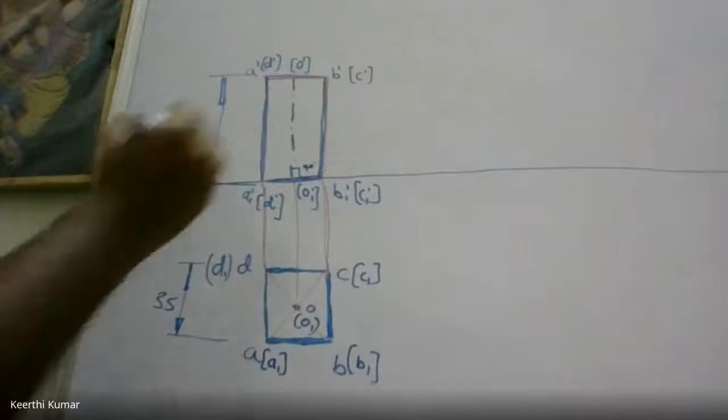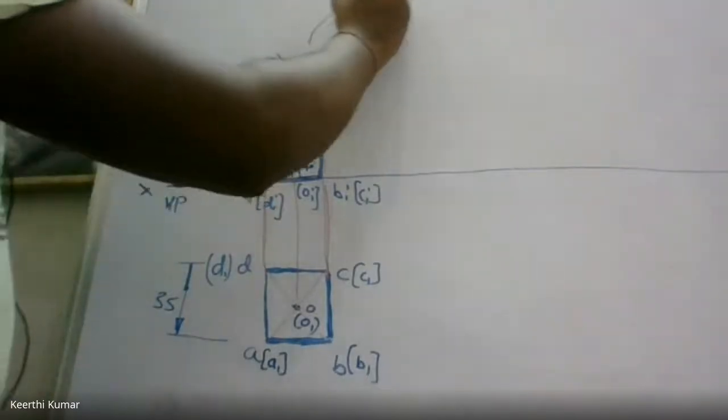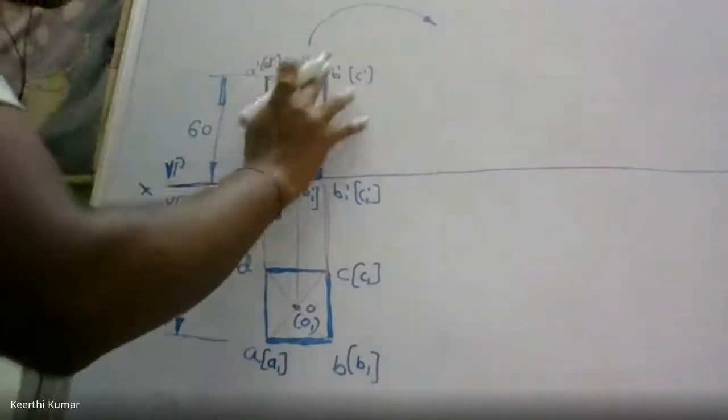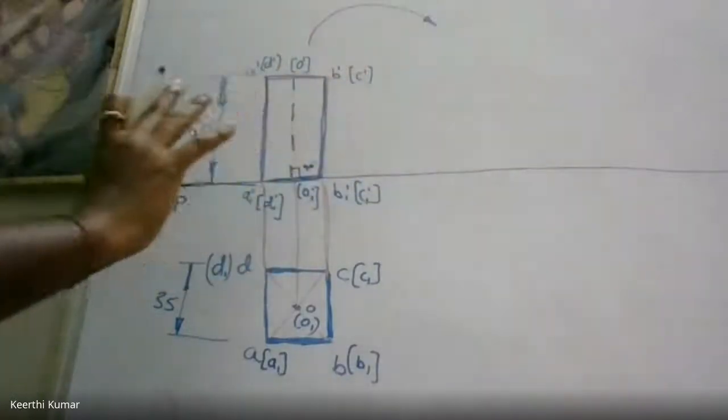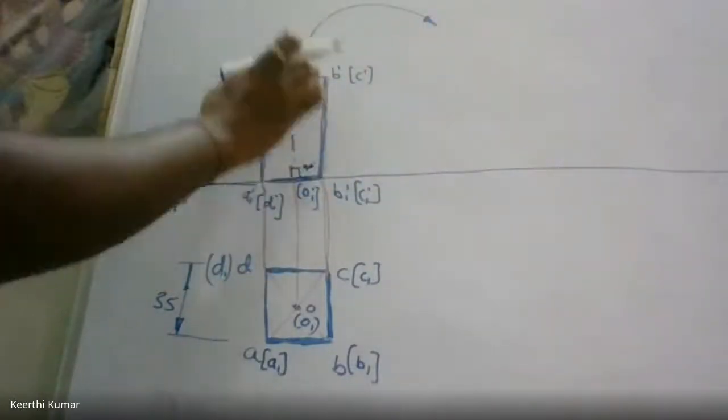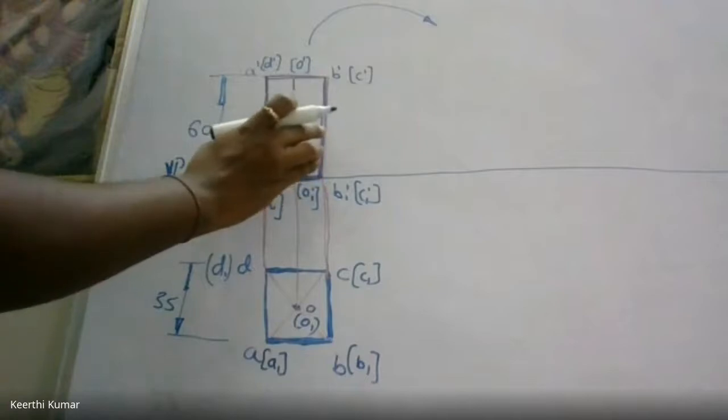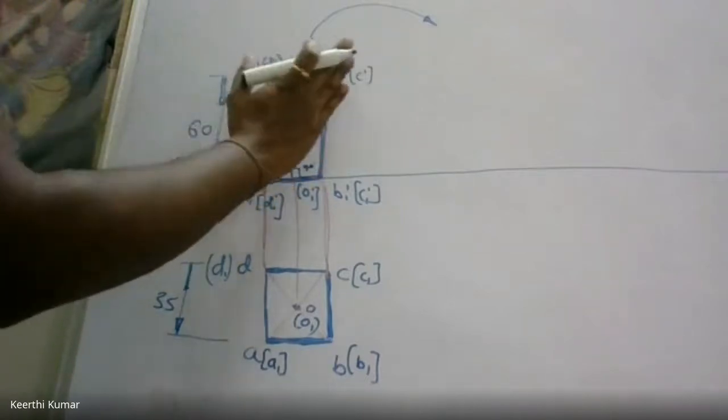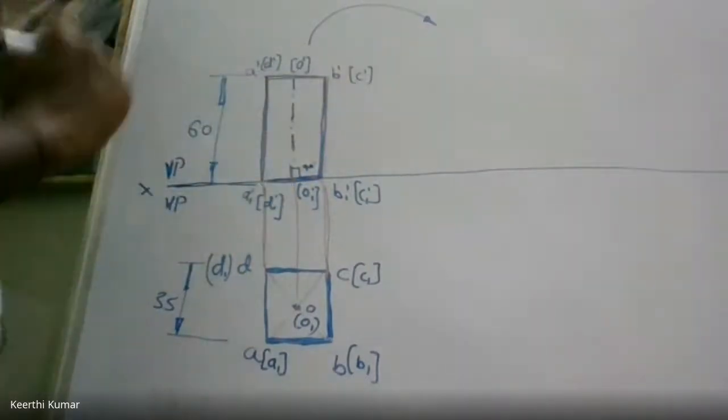So what I'll do, I will just copy this image. I'll copy the same thing here at an angle of 45 degree. That's all. I'll take the same image as it is, but now it is vertically standing. Let us try to rotate it to 45 degree. How will it look? How to do that first?